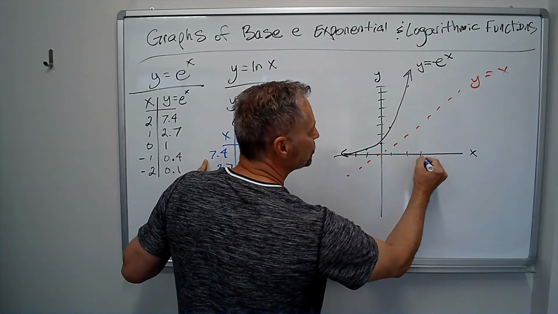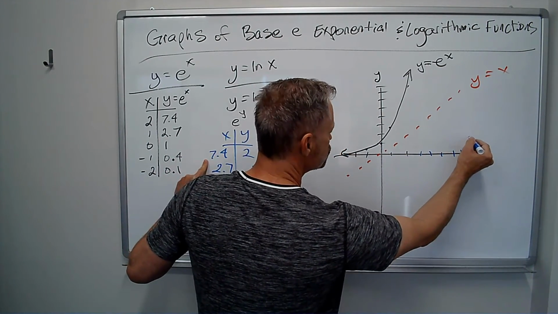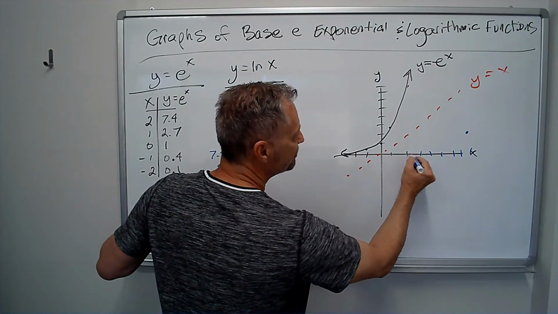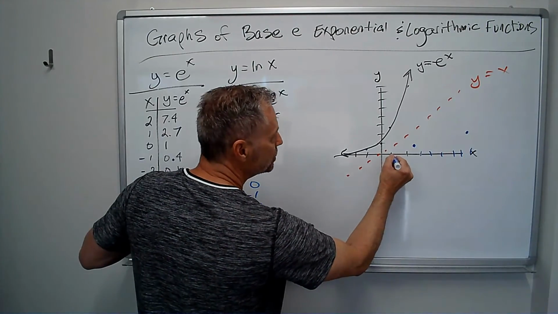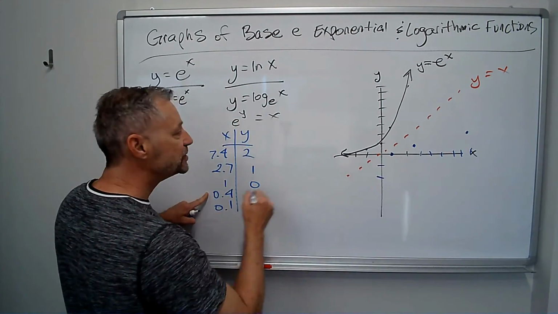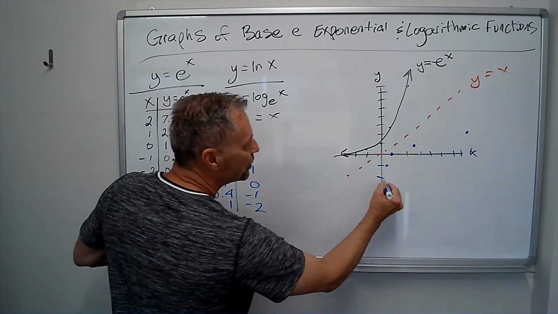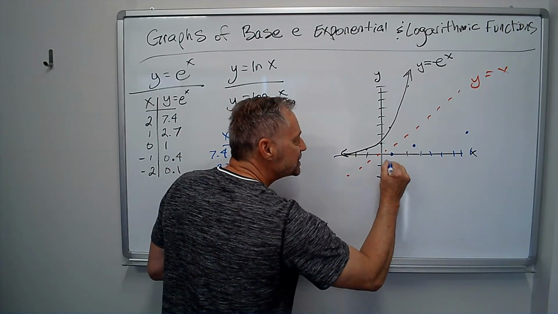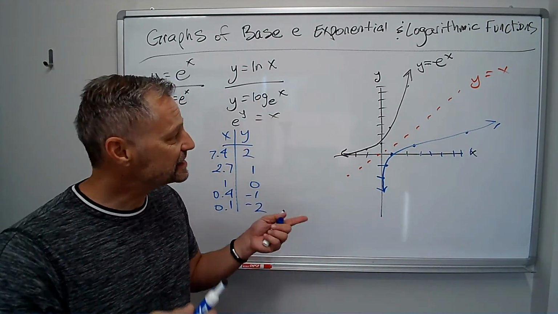So if I go 2, 3, 4, 5, 6, 7, 8, 7.4, I'm up about here. 2.7, 1, 1, 0, 0.4, -1, and 0.1, -2. So again, it has that exponential or logarithmic shape, the same hockey stick, the same banana, but